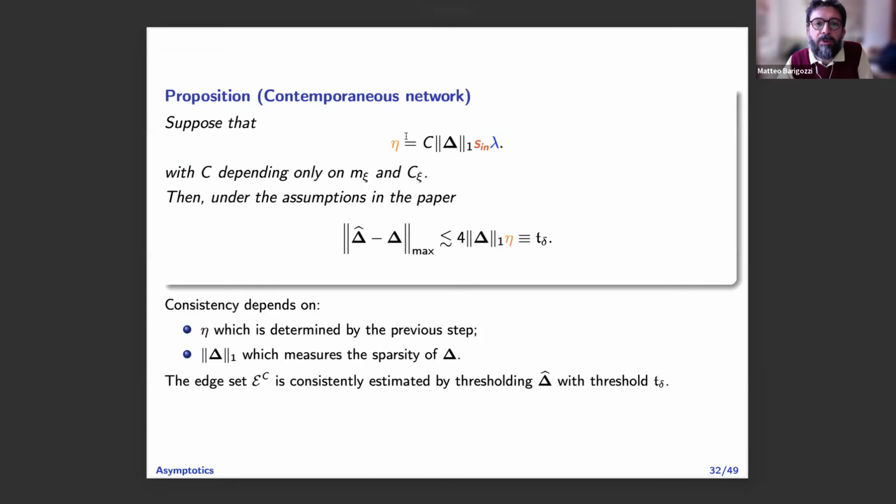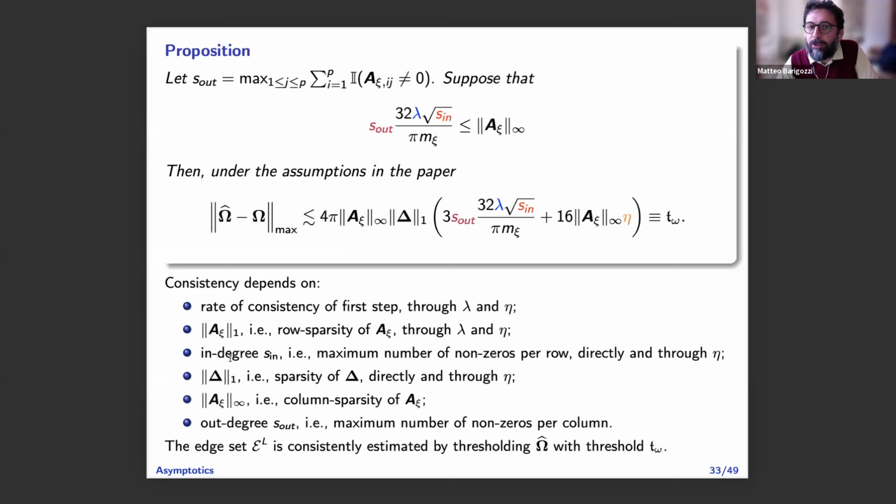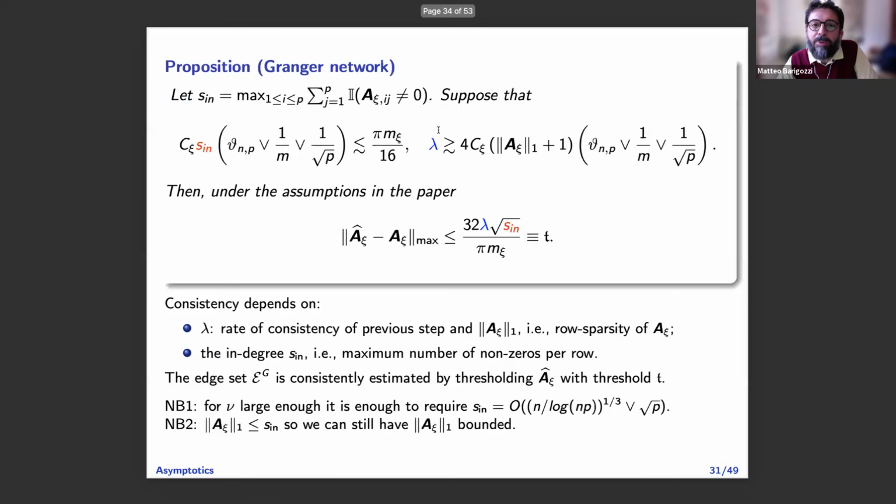The second step becomes more complicated because obviously it depends on the first. Delta is the inverse of the covariance of the errors. And what does it depend on? It depends on the degree of penalization, which you have to tune based on the previous step. And it depends on the sparsity of delta. Here, row or column sparsity doesn't matter because delta is symmetric. So it's the same thing, okay? This can be the L1 or the L infinity norm, it will be the same. Okay? And then you put everything together and the omega matrix converges with this bound. I mean, this is not convergence, this will be convergent if all this goes to 0. But in fact, if you look at lambda, if you pick lambda equal to this and A is bounded, lambda will go to 0.